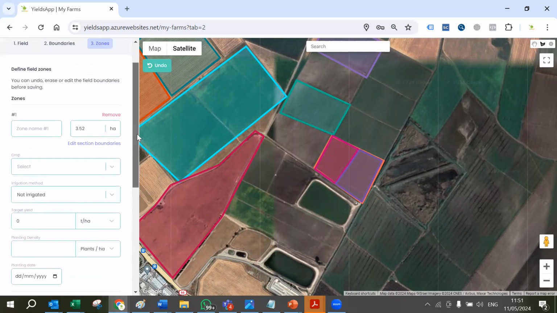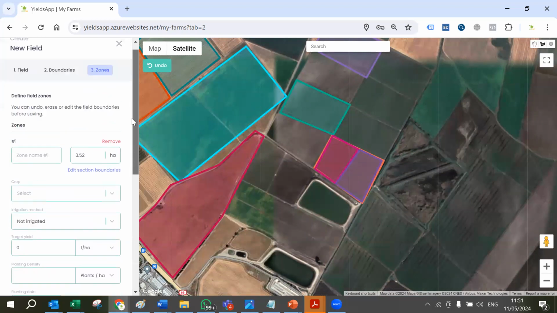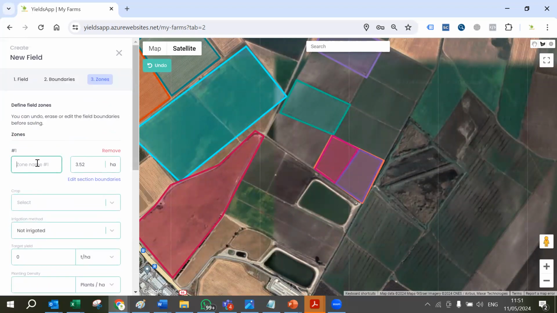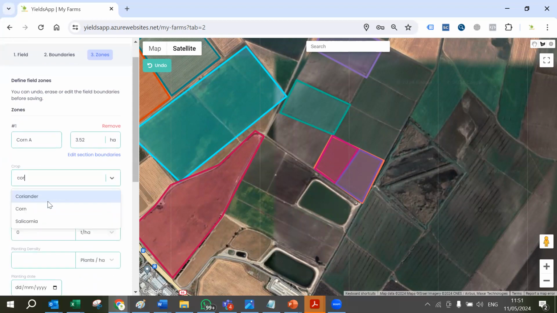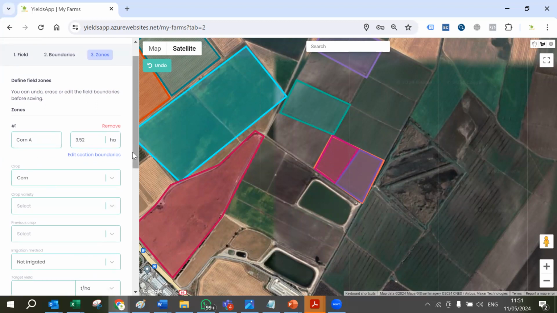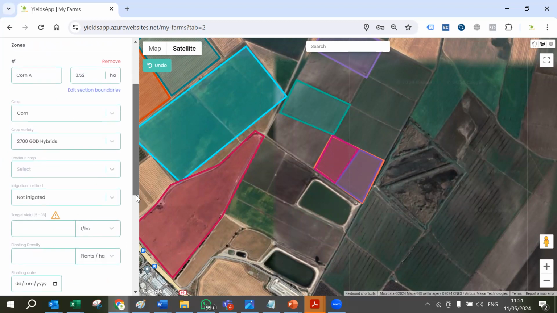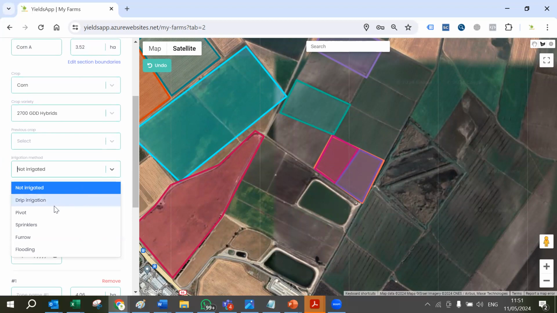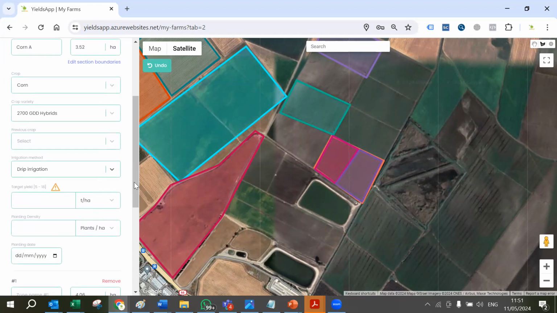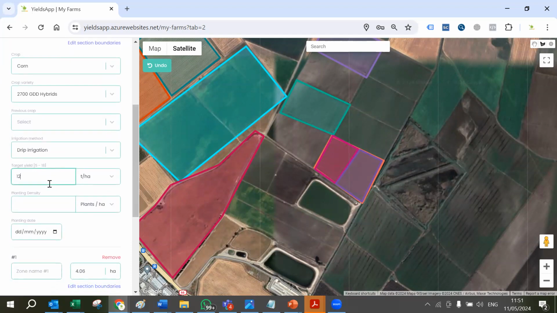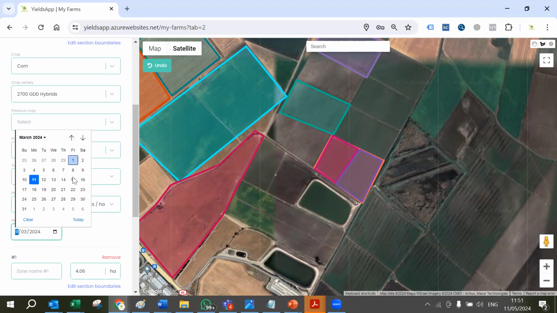Okay. So what I want to do is add the names, all right, for zone 1. Let's call it, let's say, corn. I'm selecting the crop. It doesn't necessarily have to be the name of the crop, of course. Okay, then crop variety, previous crop, irrigation method. Let's go here for pivot. Right now it's not a pivot, so let's say it's drip irrigation or not irrigated. Put the target yield. You can add planting density, and you must have a planting date over here. Make it